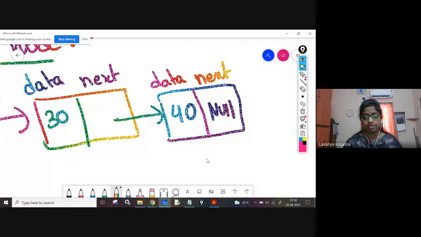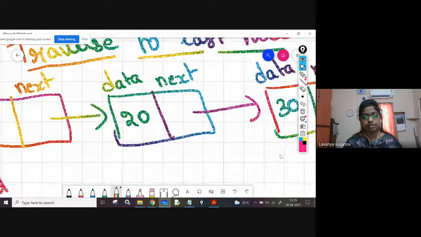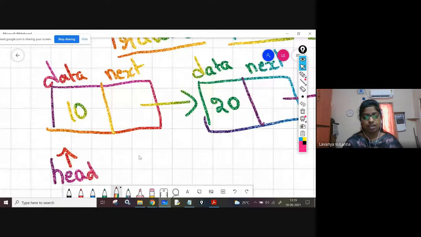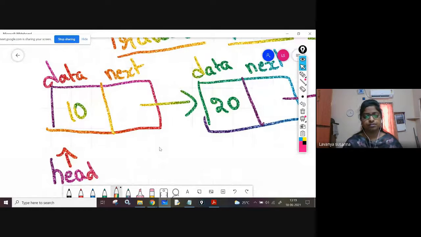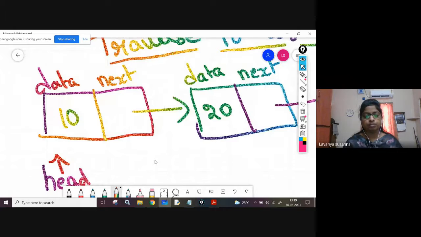You have to get the condition, right? When next field is null, you are going to stop. If it is not null, you are going to repeat once again. Is next field null? No. See, what is your problem? The problem is you need to traverse to the last node. How do you know it is the last node? Because if there is a null, then it is considered as a last node.